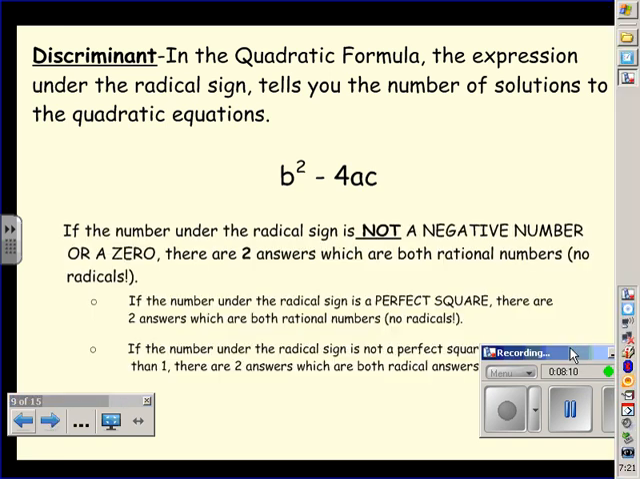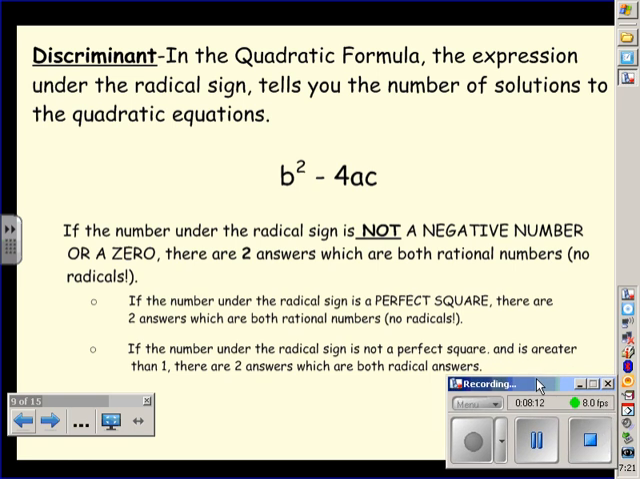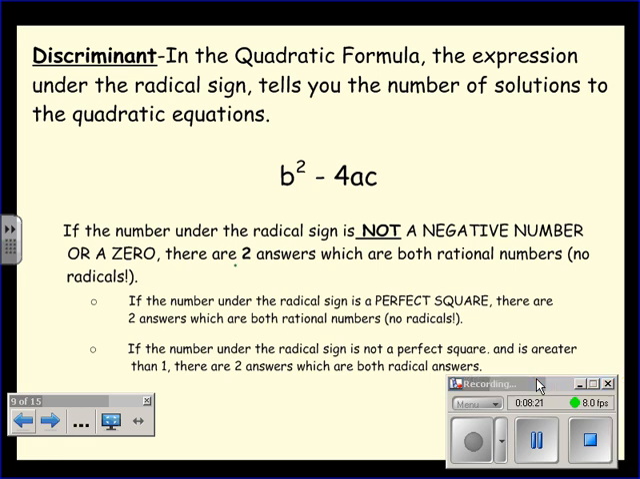Now sometimes we're going to get answers that are not negative and not 0, and this would indicate that there will be two solutions. And both of them will be rational numbers. And actually, let's see. And then if the number under the radical is a perfect square,